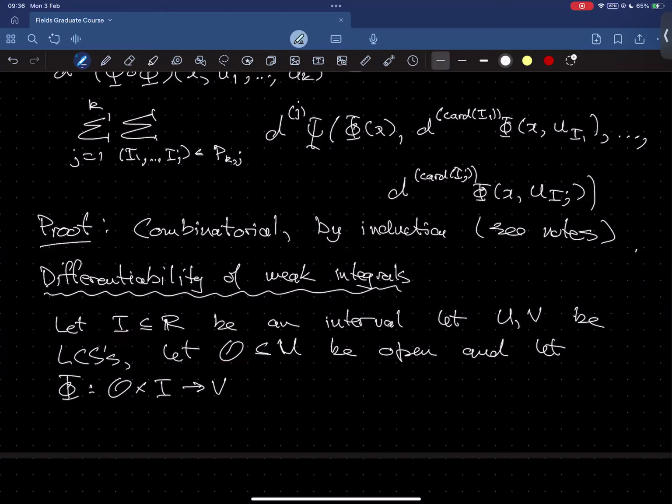Now this thing has to satisfy a bunch of conditions, and these conditions will look familiar to you from your classical analysis course. Phi is a function of these two variables, O and I, and so I'm going to be writing down partial derivatives. So I'm going to write d1 j